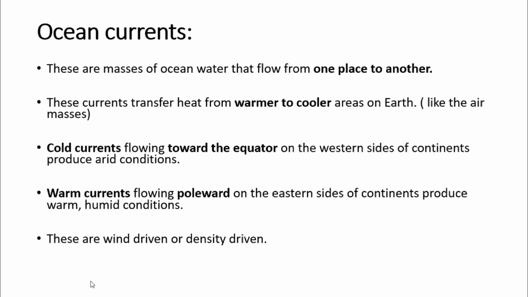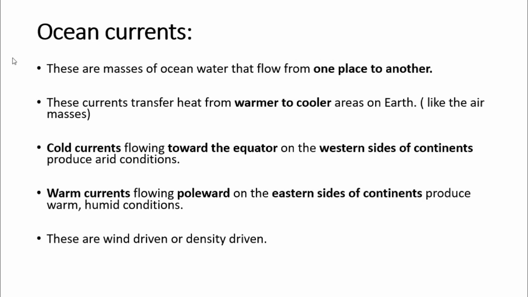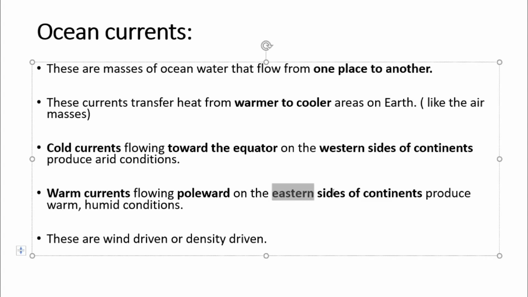And one thing you can also remember is that they usually flow along the western side of continents. याद रखिएगा, ये बच्चे कभी कभी कंफ्यूज हो जाते हैं, क्योंकि कभी कभी वेस्टर्न साइड ऑफ द कॉन्टिनेंट्स की जगह ईस्टर्न साइड, वेस्टर्न साइड ऑफ ओशंस लिख दिया जाता है. तो याद रखना है, इट कैन बी वेस्टर्न साइड ऑफ कॉन्टिनेंट्स और ईस्टर्न साइड ऑफ ओशन बेसिन्स. ठीक है ना. And this can be the eastern side of continents and western side of ocean basins.